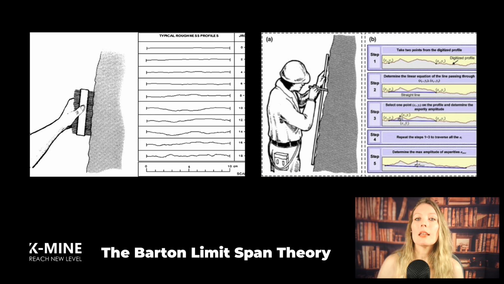Another method is the Barton limit span theory, which determines the maximum permissible span of unsupported openings based on rock mass properties. This theory establishes the relationship between the uniaxial compressive strength, or UCS, of the rock and the joint roughness coefficient, or JRC, and the joint alteration coefficient, or JAC. These parameters define the stability of rock bridges within the stope, enabling engineers to design the stopes that minimize the